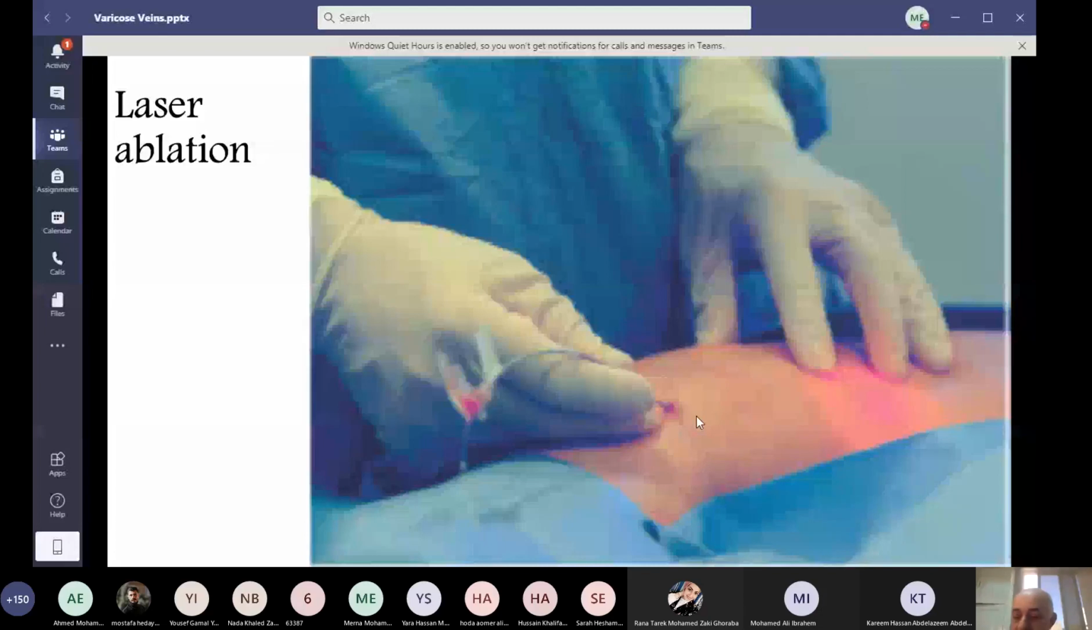Through this, a catheter with a laser at its tip is introduced until it reaches just below the saphenofemoral junction. Firing this laser source will destroy the intima of the vein, and ultimately this vein will collapse and adhere to itself. We do it as we withdraw the catheter until the whole segment is treated. It gives the same results as ligation and stripping of the saphenofemoral junction